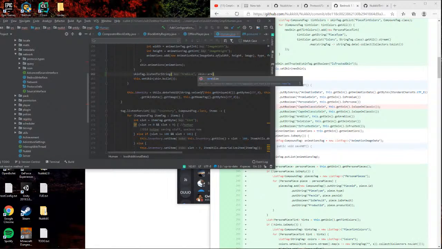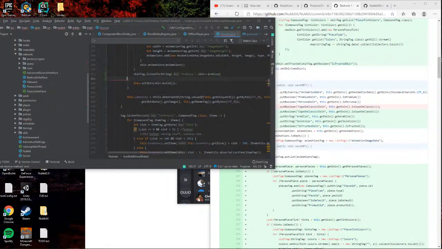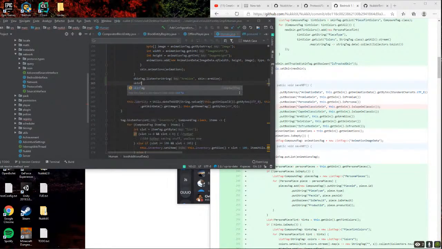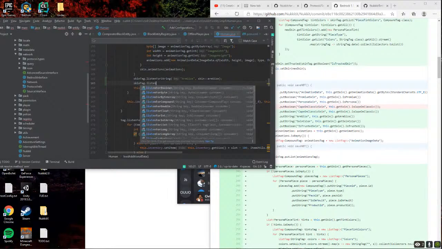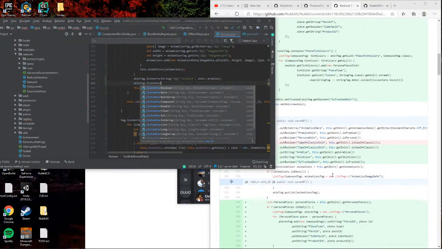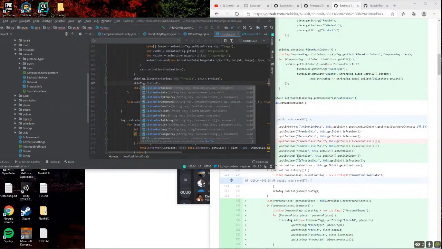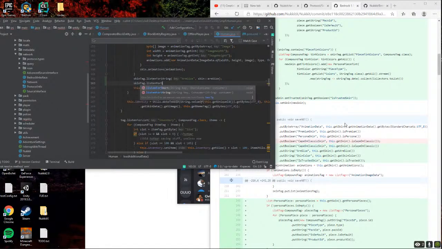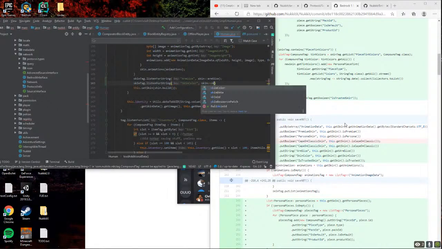To arm size, and then skin tag dot listen for, where is it? Skin color. String skin color, and this is in skin color.